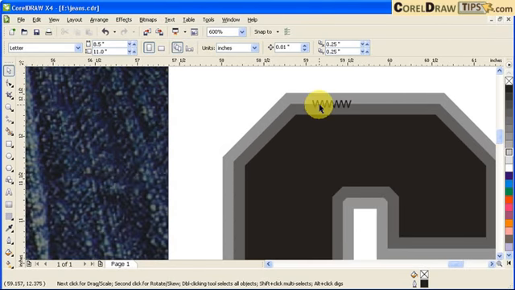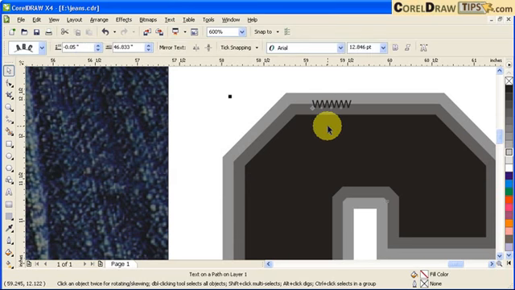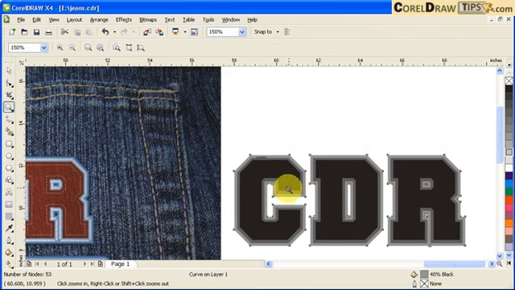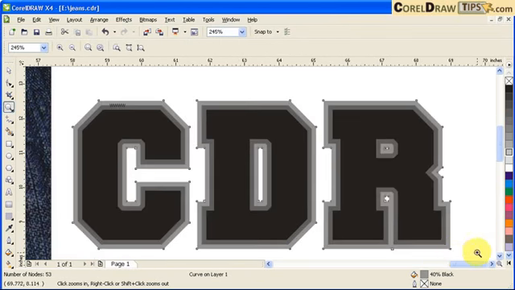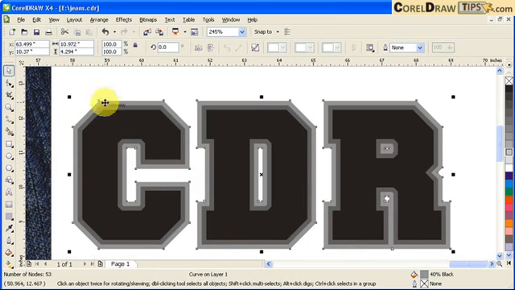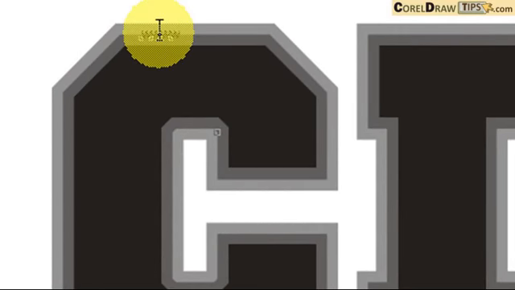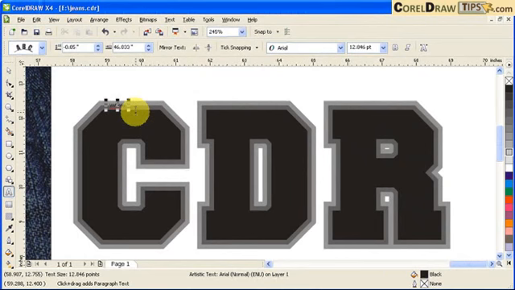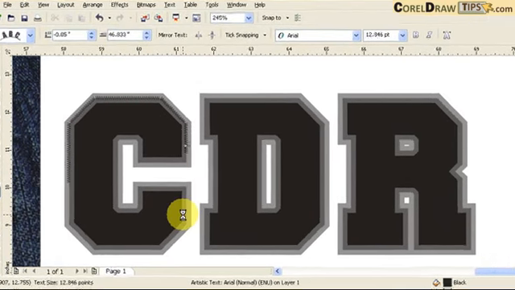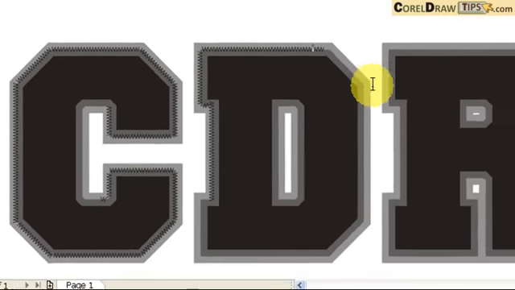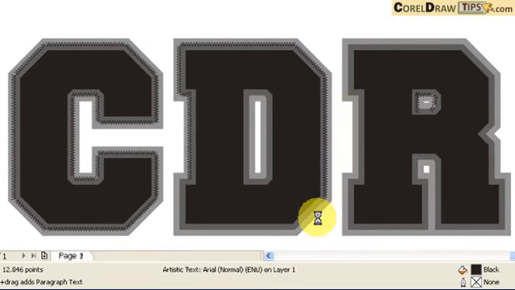This one is still a text. What I'm going to do, I'm just going to type in the letter W, and it will go around the path of that contour. So I click on the text, I go to my text tool, I'll put it in the center here, and I'll just type in the W, and just observe, it's amazing because it goes to the path of the letters,